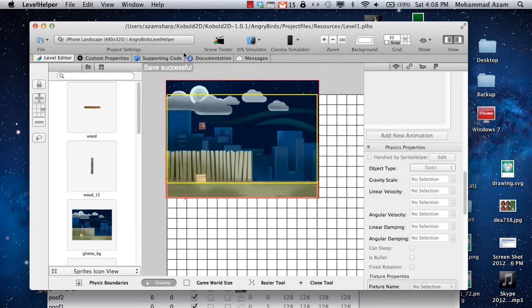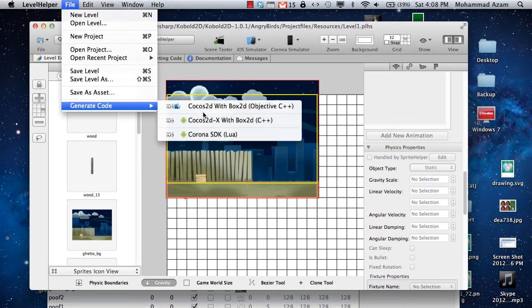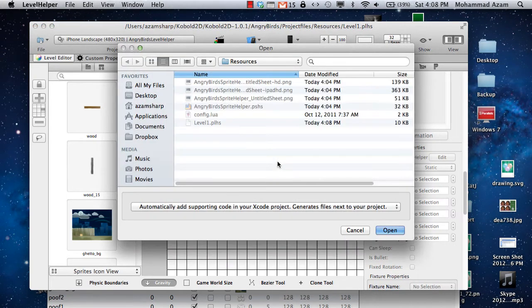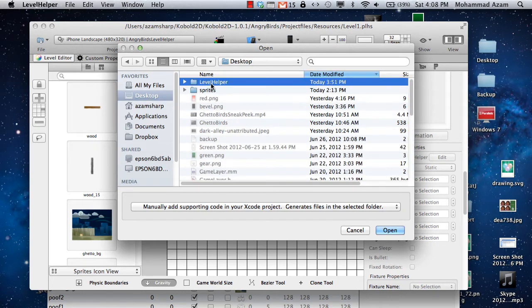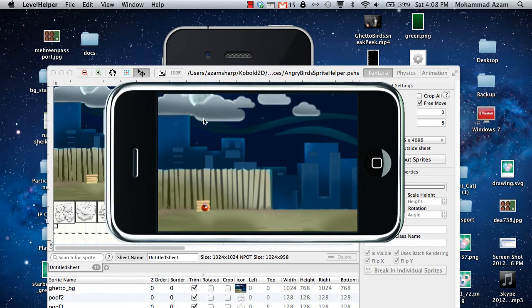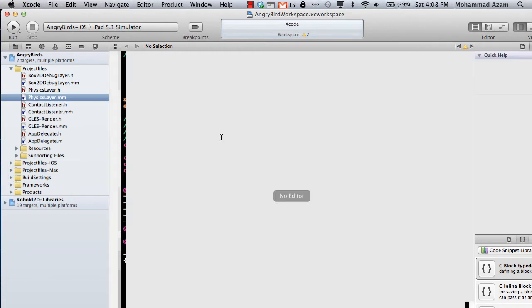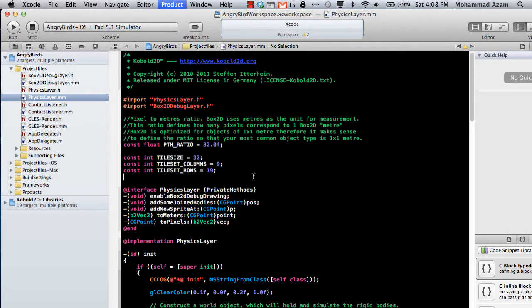We also need to generate the code. You can generate the code over here, you can generate the code anywhere. We're just going to create the code in our desktop folder, which is Level Helper, and that's it. So the code is also generated at this point. Now all that is left to do is to import everything we have done into our project. All right, and I believe if I build the project now,